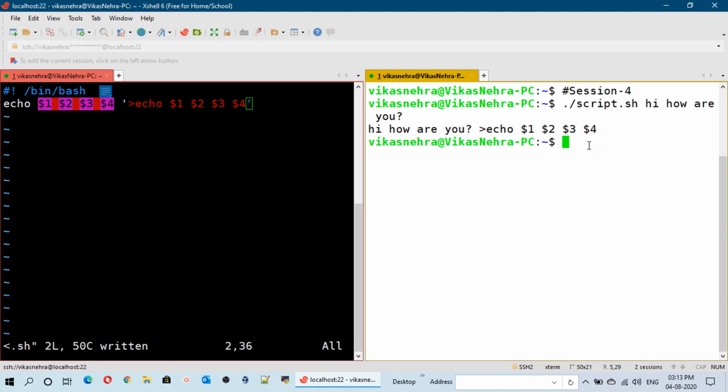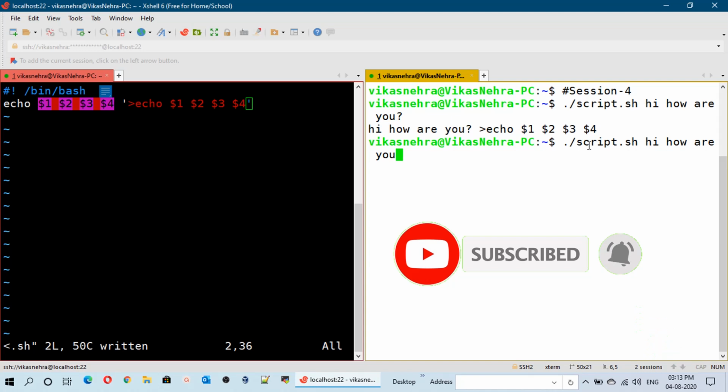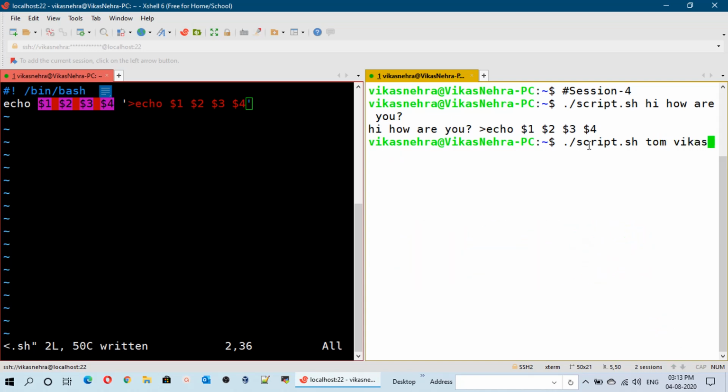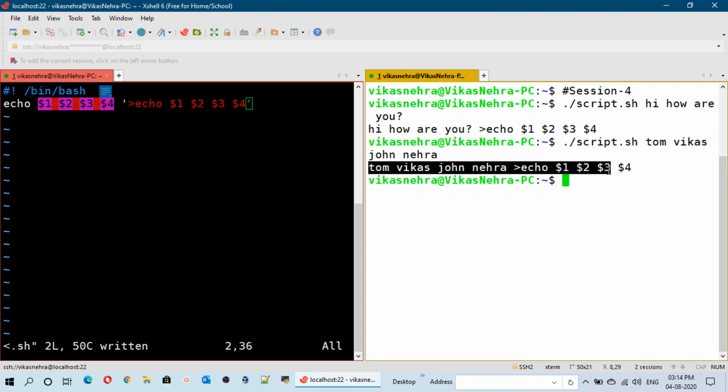So in this way we can execute the script, or we can pass some different argument. Like this, we can mention the names here: Tom, Vikas and John, Nehra, like this. So it will show you those arguments which you have passed during the execution of the script.